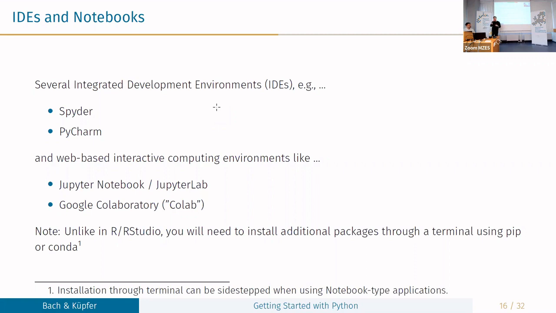One note, unlike in RStudio, you do not install your packages through these IDEs, like in your Jupyter Notebook, or well, you can actually do it in Jupyter Notebook. We'll come back later to that. Say you're in Spyder, recall how I walked you through how we install packages. We need to install them into this virtual environment. And when we then go to our script window, we would simply say, load this package. So in R, install.packages happens inside RStudio, but does not happen inside Spyder, for example.